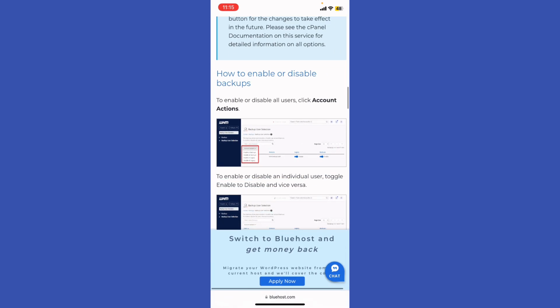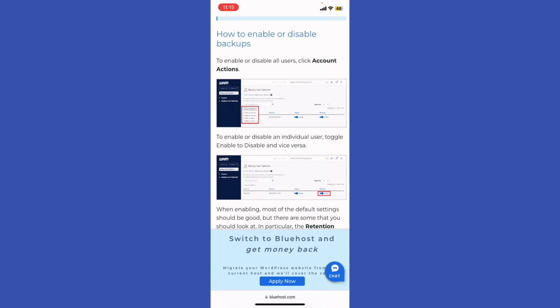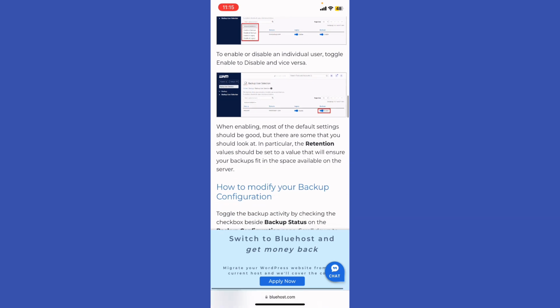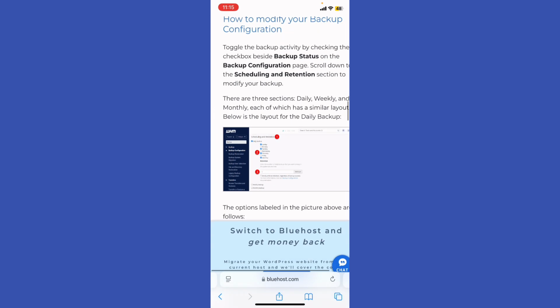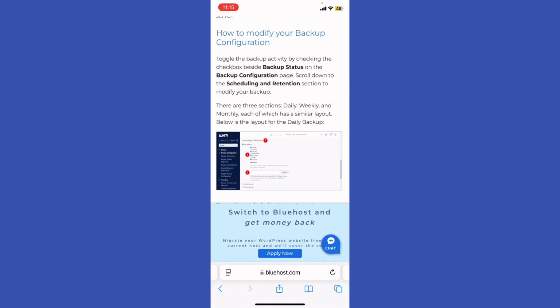And then to enable or disable all users, click account actions. Basically, when enabling, most of the default settings should be good, but there are some that you should look at. In particular, the retention values should be set to a value that will ensure your backups fit in the space available on your server. If you want to modify the backup configuration, right, just go ahead and click the backup